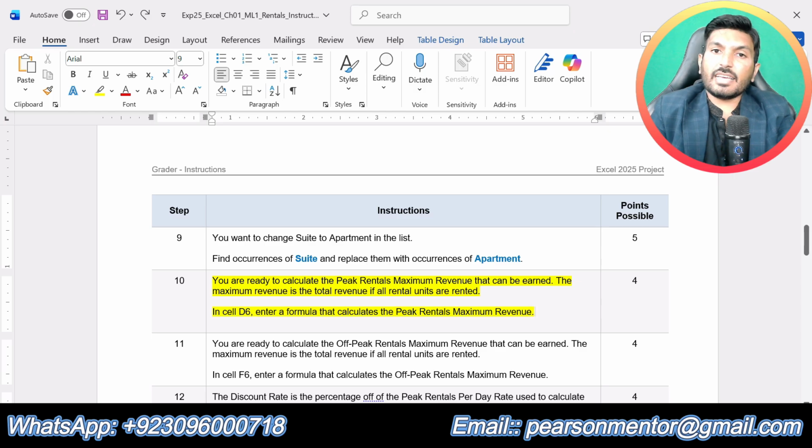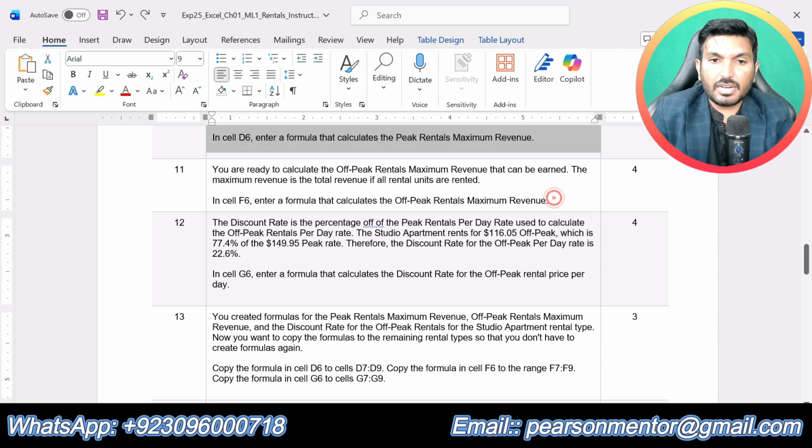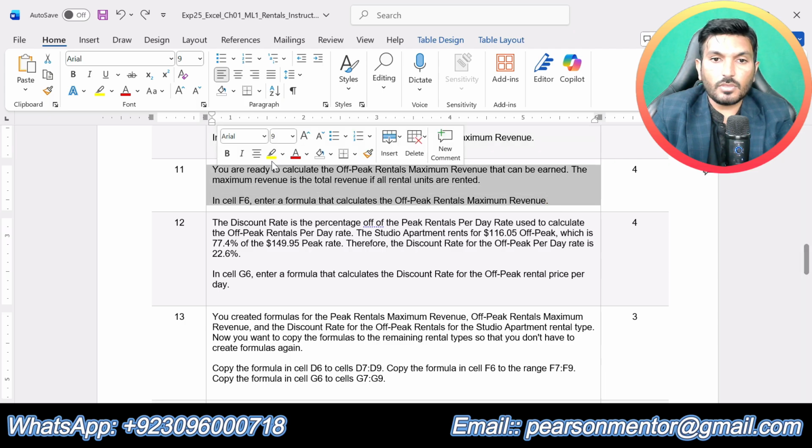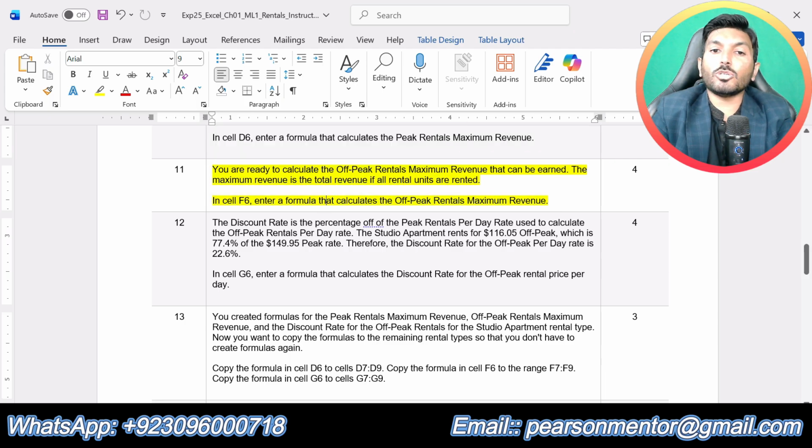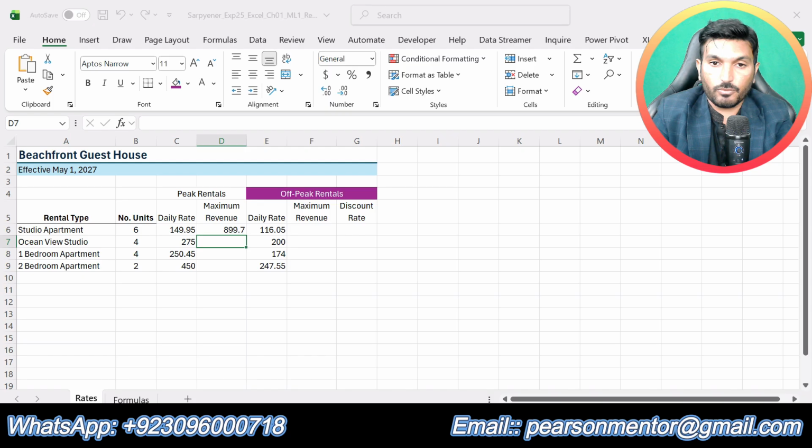Okay, step number 10 is also done. Now let's do step number 11. You are ready to calculate the off-peak rental maximum revenue that can be earned. The maximum revenue is the total revenue if all rental units are rented. In cell F6, enter a formula that calculate the off-peak rental maximum revenue.